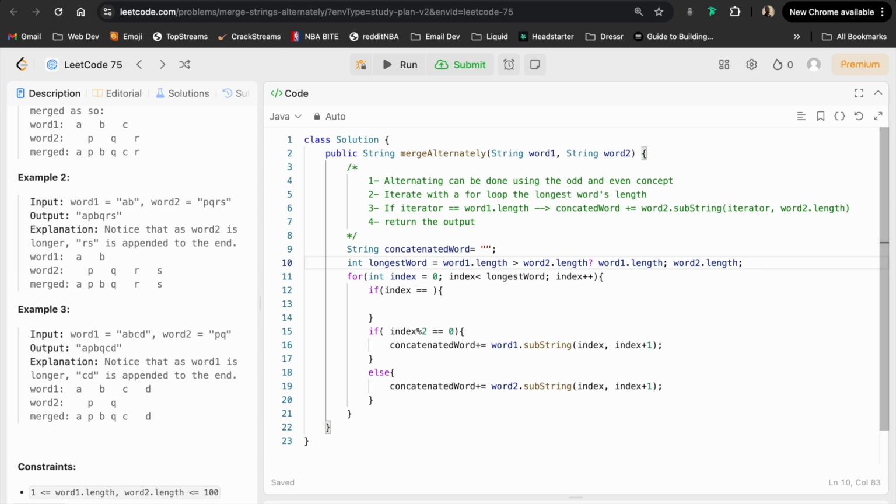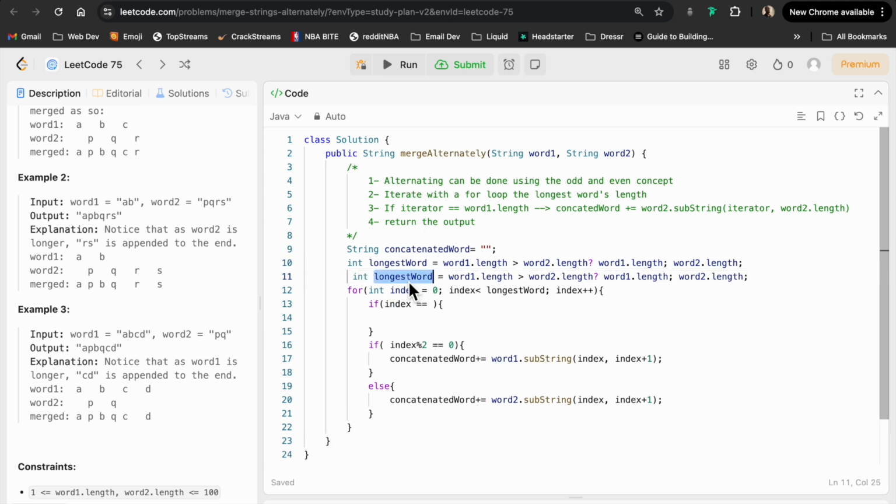Simply we can have this for the smallest word. So we have the longest and the smallest word. And then I just want to know if the index is equal to the smallest word. So if it is equal to the smallest word,